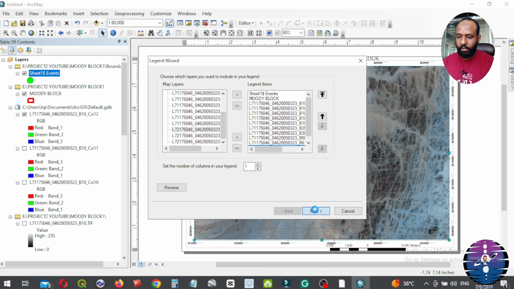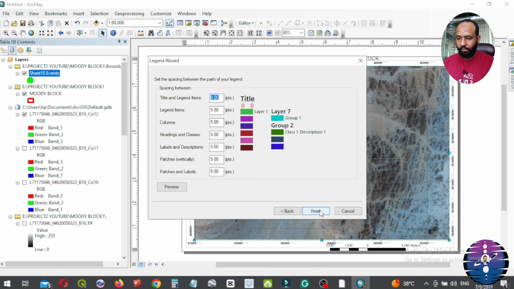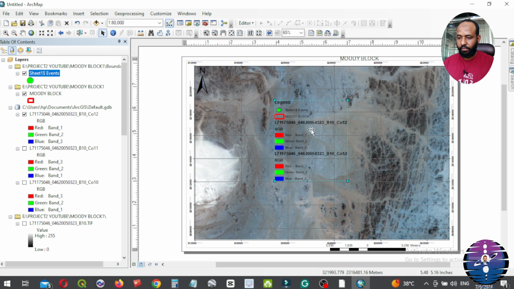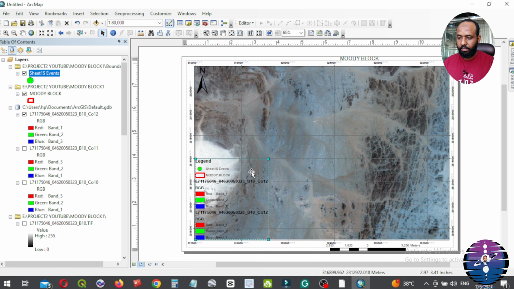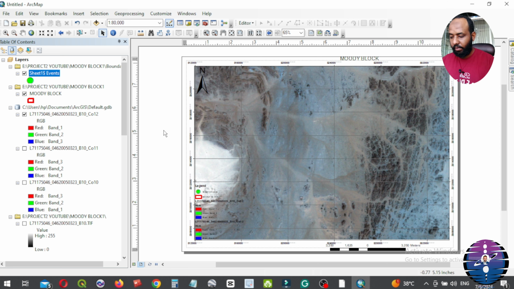Okay, next. Put it, for example, here. With this, the map is ready for printing and exporting.